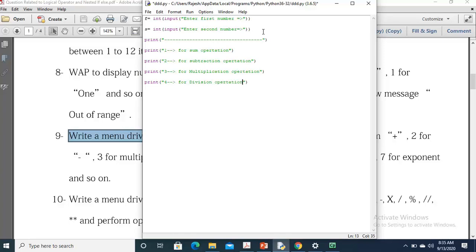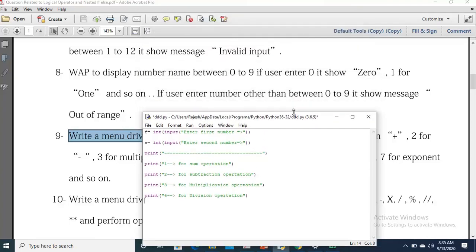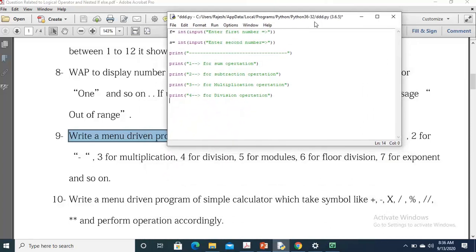Then what other options do we have to use here? 5 for modulus.